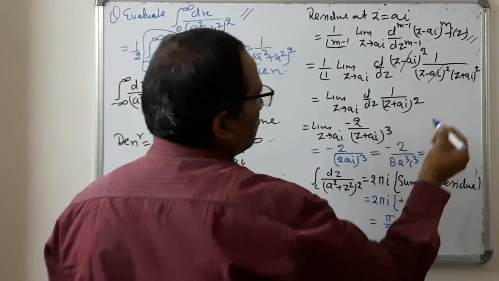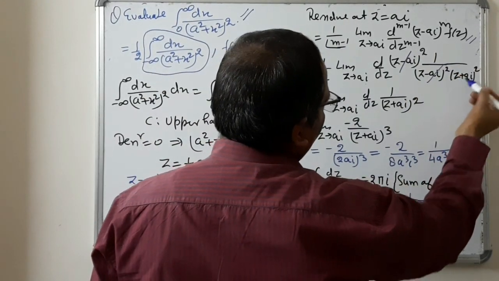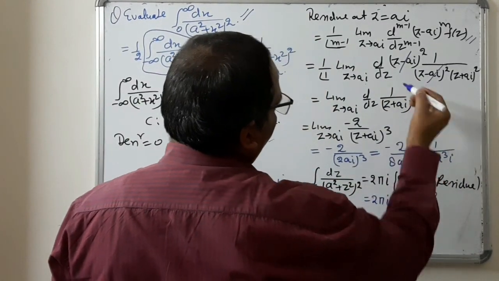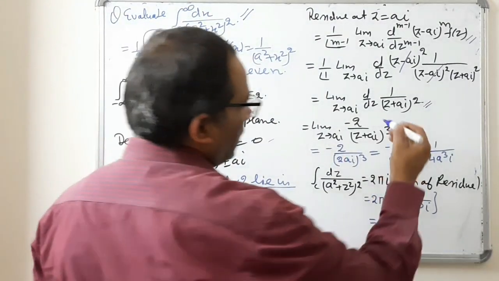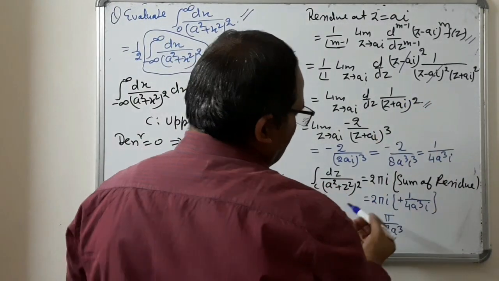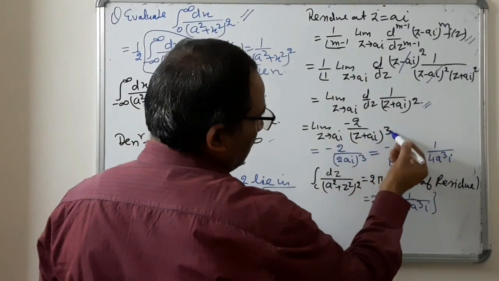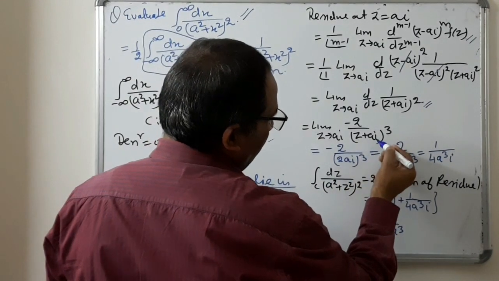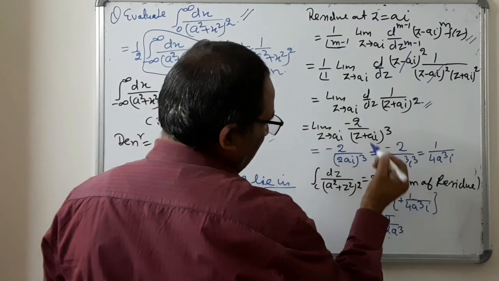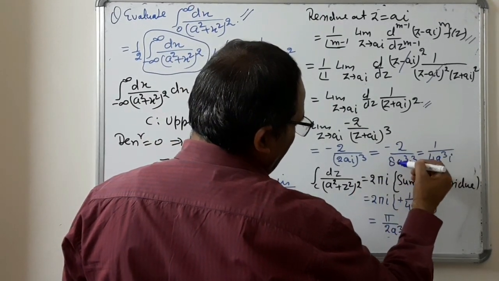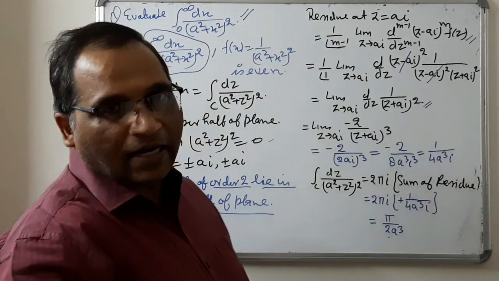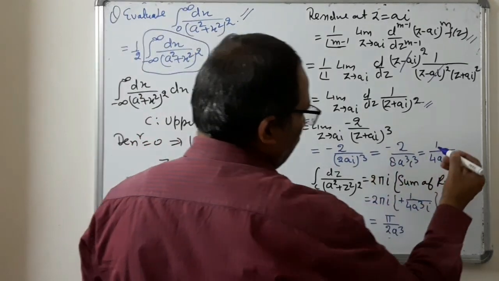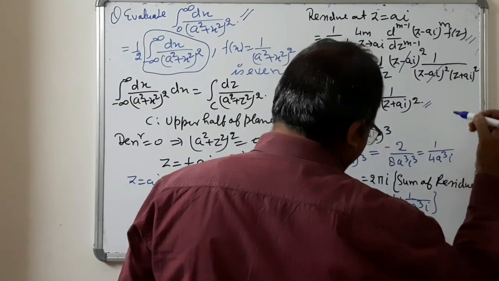This cancels out with this. So from here we get 1 upon (z plus ai) whole square. So d by dz of this one. Differentiation of this, if we take the denominator power as minus 2, is minus 2 times (z plus ai) to the power minus 3. That can be written as minus 2 upon (z plus ai) cubed. Put here z equal to ai, we get minus 2 upon (ai plus ai), that is 2ai, so (2ai) cubed, that is equal to minus 2 upon 8a cube i cube. And we can write i cube equal to i into i square, and the value of i square is minus 1. So the minus signs cancel out, and we get 1 upon 4a cube i.